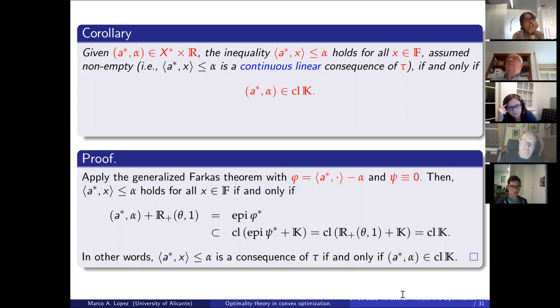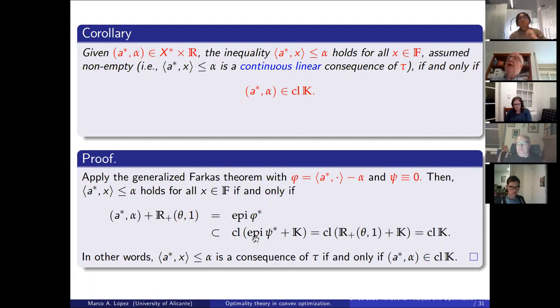The proof is here. It is the consequence of applying the generalized Farkas lemma to these functions. Phi is this affine function, and C is the function constantly equal to 0. Then this inequality holds if and only if phi is less or equal to C over F. And so applying the result before,